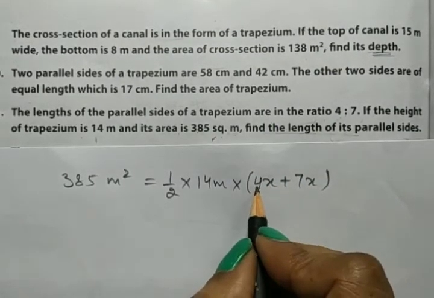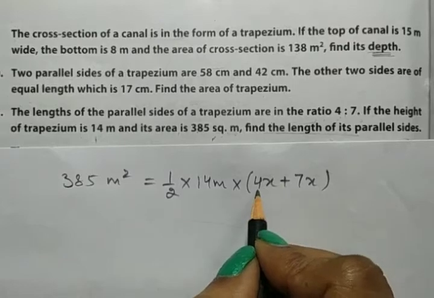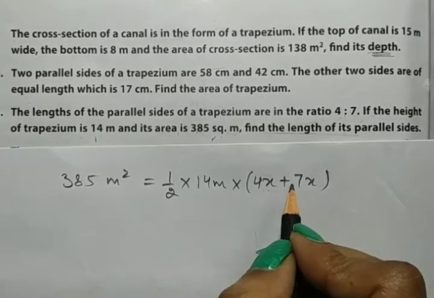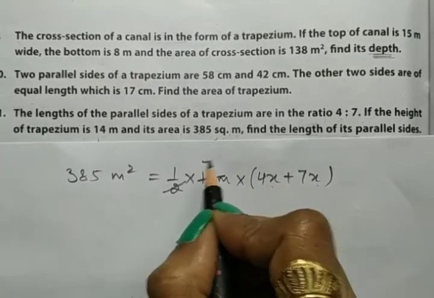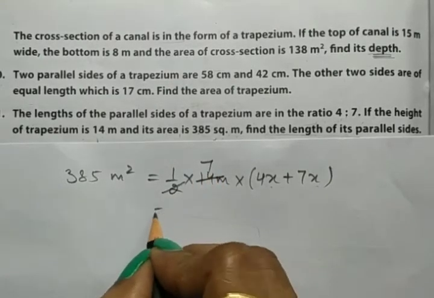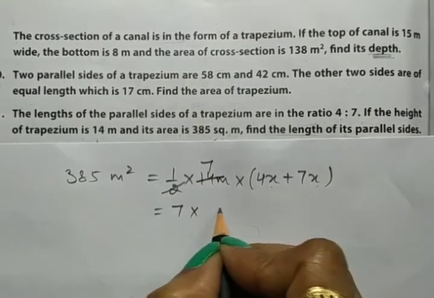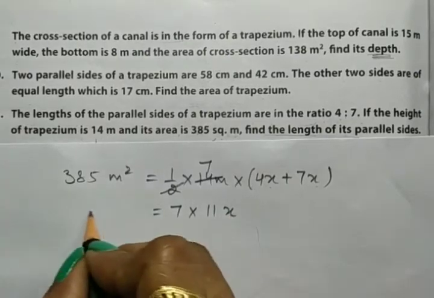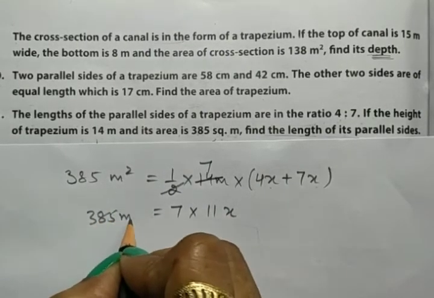As we have considered the length of one parallel side is 4x, so the length of the other parallel side will be 7x. 2 7s are 14, so we get 7 multiplied by 11x is equal to 385 meters square,